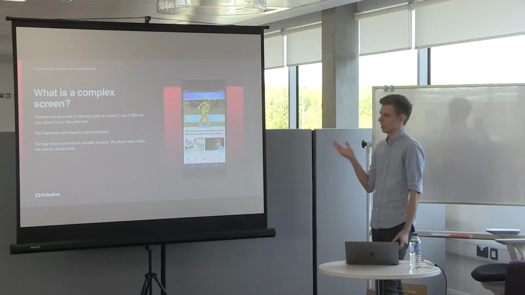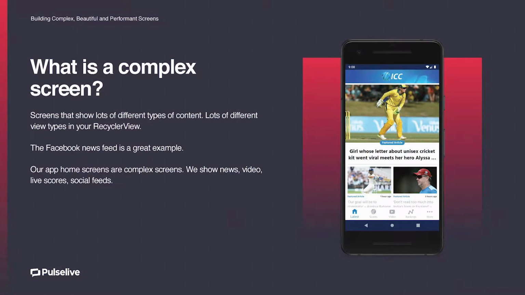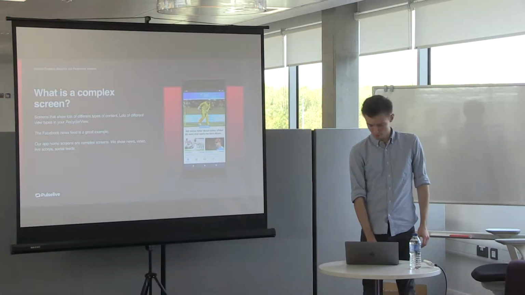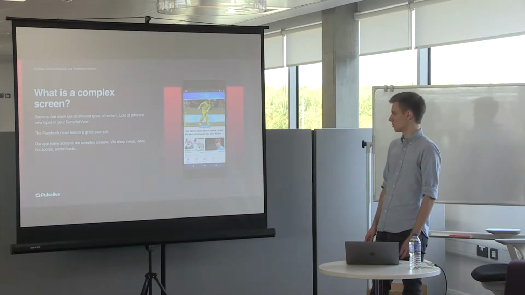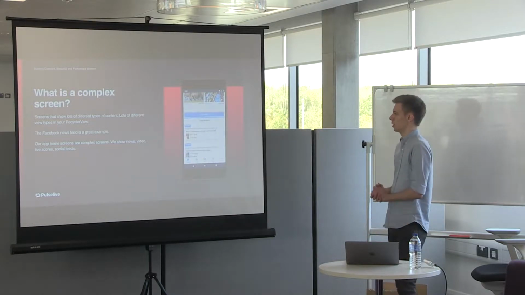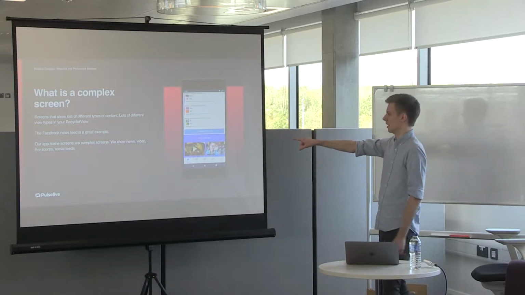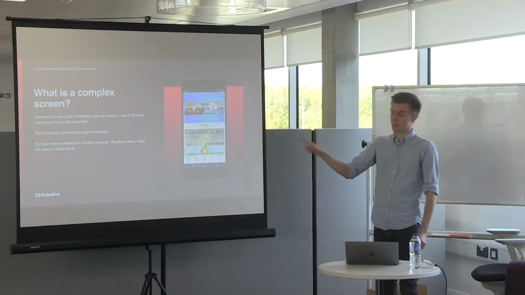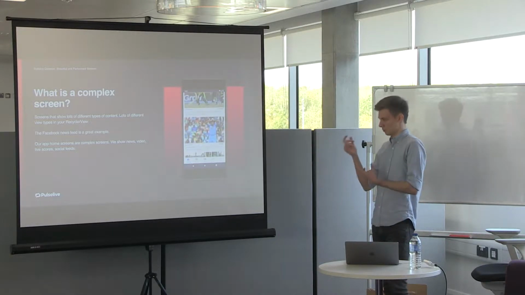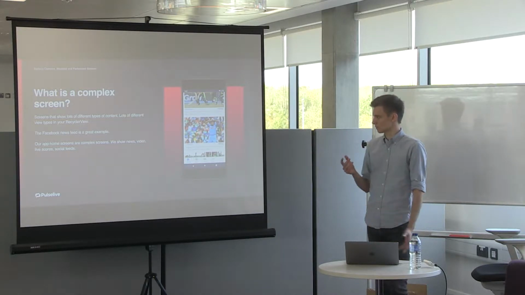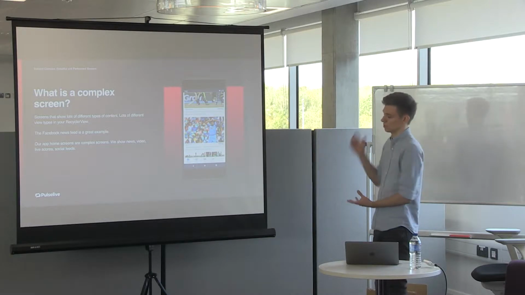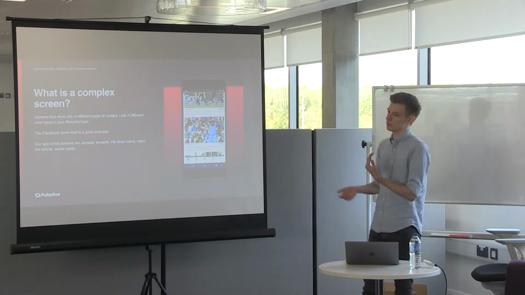So at Pulse, our home screens are our complex screens. So we show news, video, live scores, and some social stuff as well. So this is a video you should scroll through. You'll notice some jank. This is actually not the video that's lagging as we try and render stuff. That's real jank in the app. And this is the performance issue we hit because we have so many different view types, and some of the content is so big, we hit some serious performance issues trying to render some of the content you're